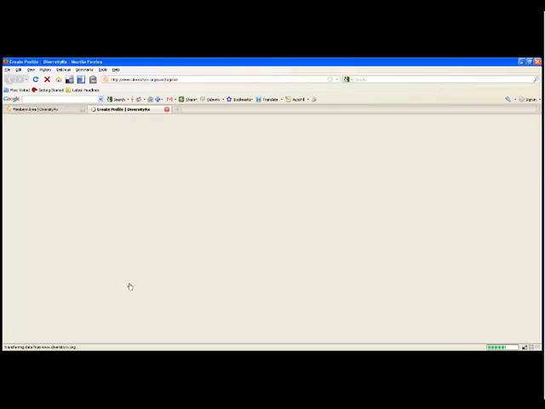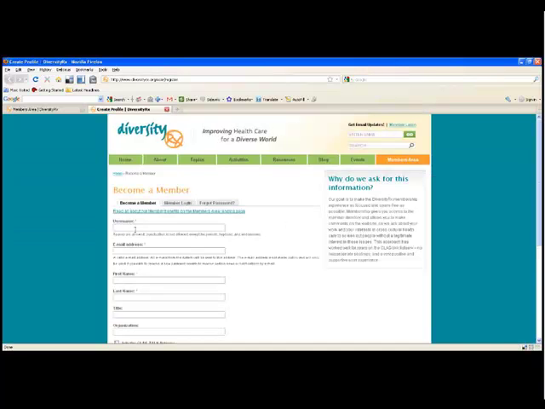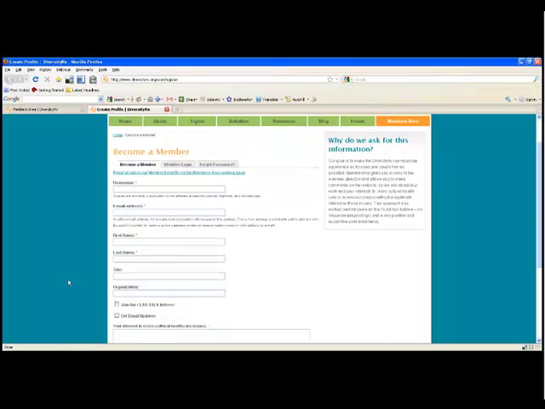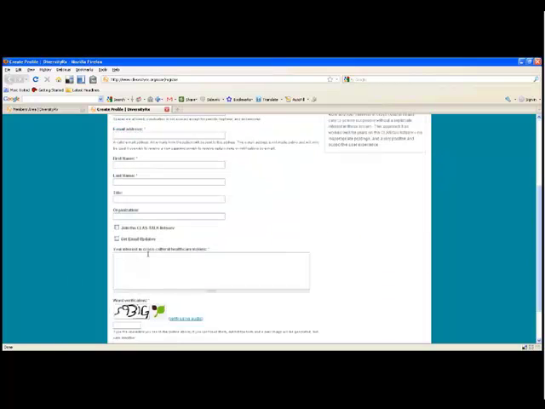You go to the Create a Profile page, and you have some fields, but the only required fields are your username and your email address, and your first name and last name, and then if you just go down a little bit, your interest in cross-cultural healthcare issues. So if you say, for example, I'm an interpreter services manager at a hospital in Kansas City, and I'm interested in how to assess the competency of interpreters, we'll know that you're the sort of person who should be having full access privileges to the website.